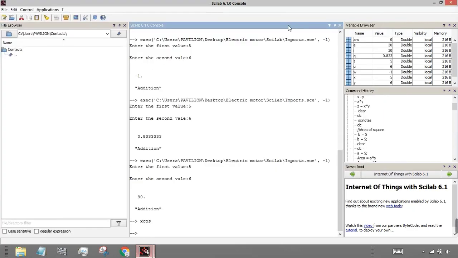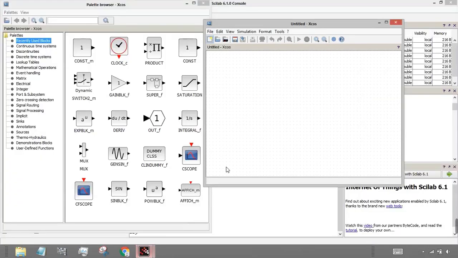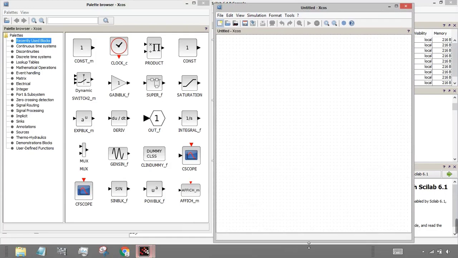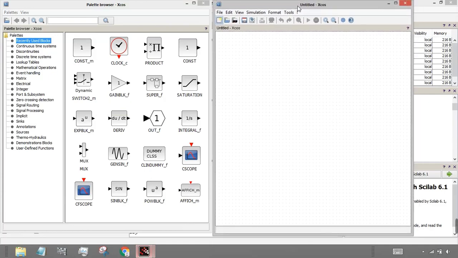It will create two windows. First will be your palette browser and next is your Xcos window. Over here you will get various blocks with which you can create the required operation. As we want to do mathematical operations, addition, subtraction, there are various options present.